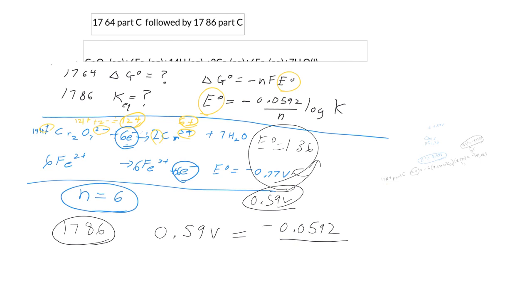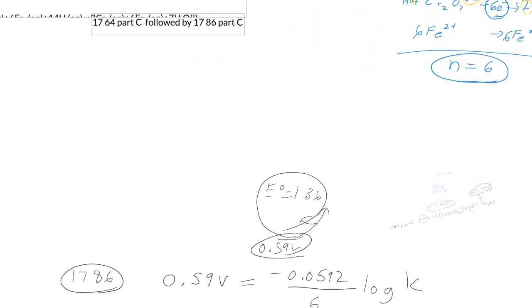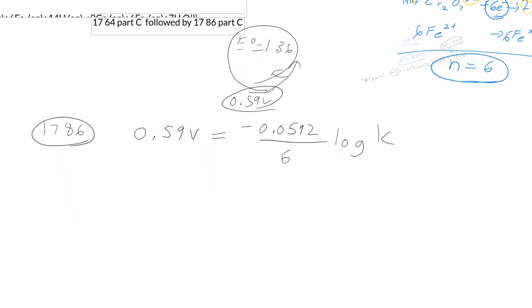So we've got 0.59 volts, our standard cell potential, is equal to our number of electrons, 6, times the log of K. We're needing to solve for K, so we need to isolate K. So 6, multiply both sides by that. 0.597 volts now equals the log of K. So let's give ourselves a little bit of a number here. 6 divided by 0.0592 times